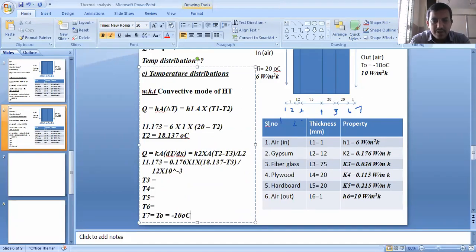If anybody got the T3 value, check the formula, then substitution, then answer.